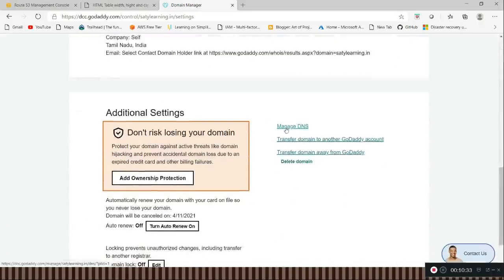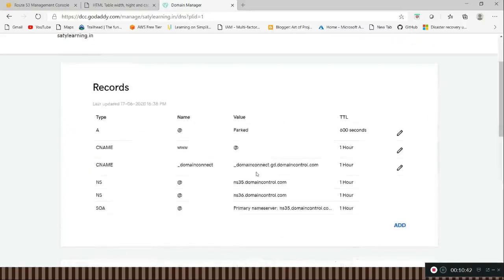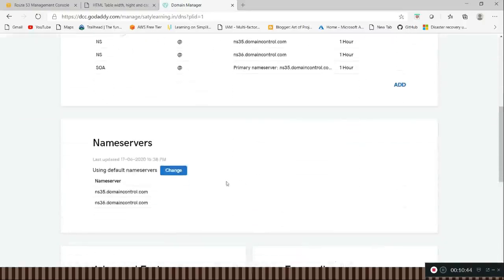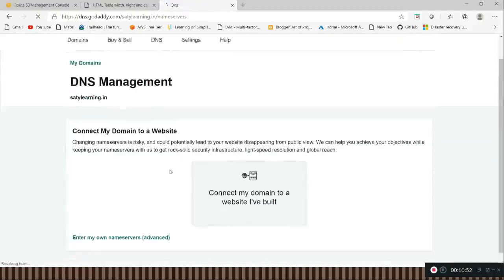This is the very important one: we need to go to manage DNS, domain naming services. Here we have a name server section. We need to change this name server section based on Route 53.